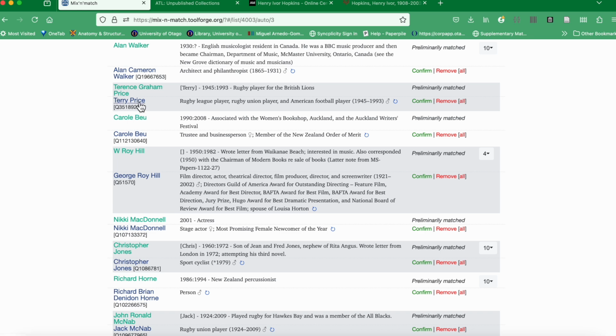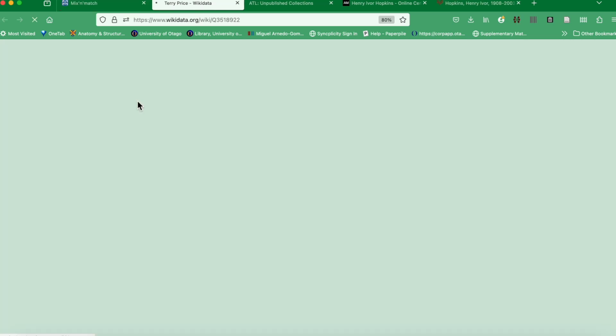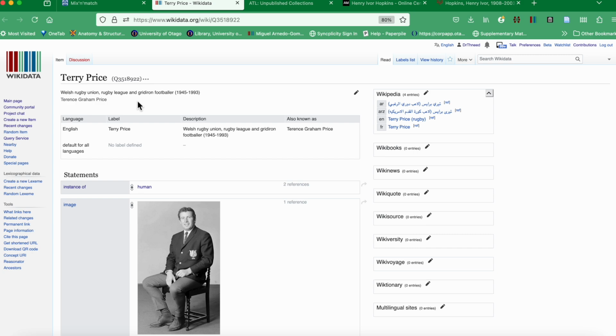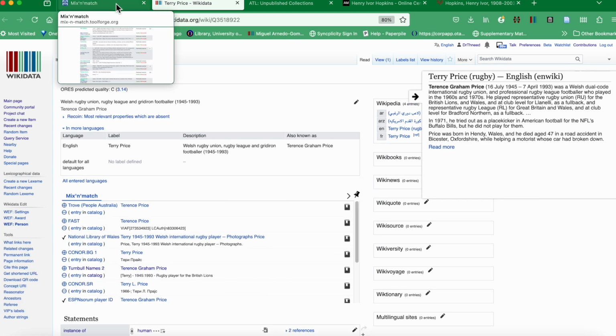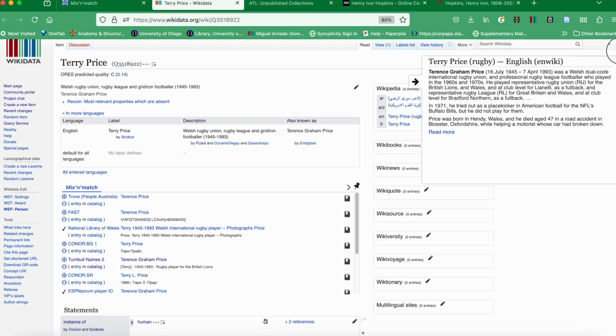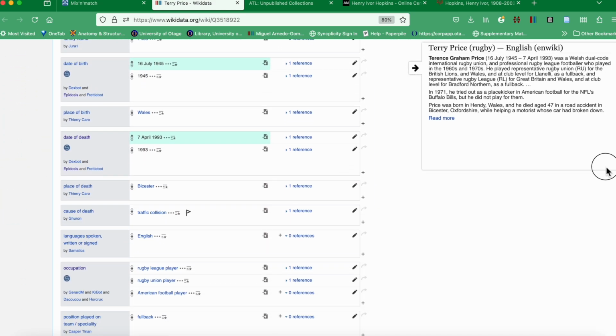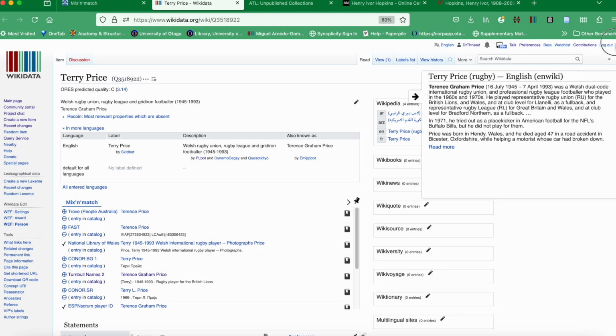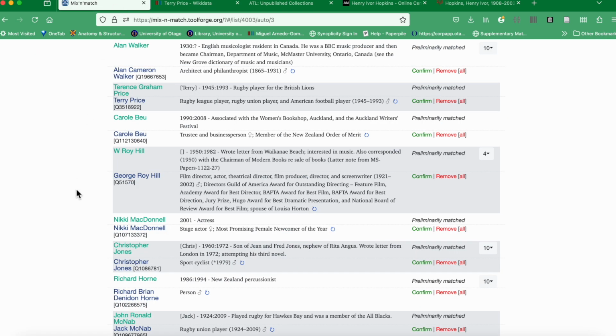And the blue one, if I click on it, it links to the Wikidata item that the tool has decided might be a match. Okay, and you'll see I have this tool that pops out the beginning of the Wikipedia article, which is really handy for a quick scan. But you can also scroll down, obviously, and look at whether there's information in this Wikidata item that confirms or refutes the match. But we don't necessarily have to click on these links because the tool is showing us some